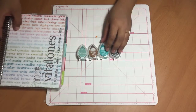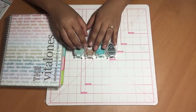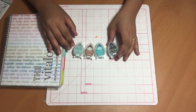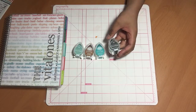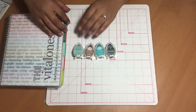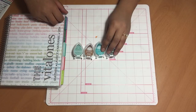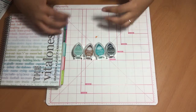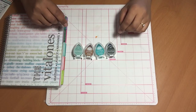So I wanted to do a review of how I store these, because I use these inks pretty regularly, almost, I don't know, every couple of days. So I'm always reaching for these inks. So I wanted to have a way to store them that I could sort of easily reach for them and not have to kind of rummage through things. So I had